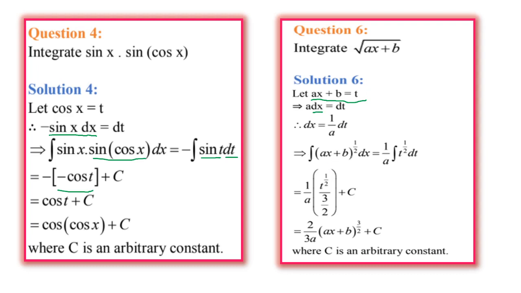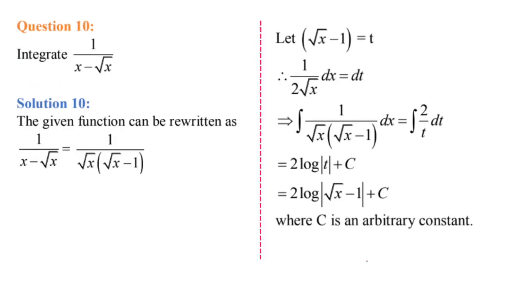Integral of ax plus b whole raised to the power 1 by 2, when we remove the root. See, what is the value of dx? Dx equal to 1 by a dt. So 1 by a here, dt is here. Now what is the value of ax plus b? That was t. So ax plus b whole power 1 by 2, here t power 1 by 2. After that, everybody knows how to do plus 1 in the power, right? It will be plus 1 in the power. So it will be t raised to the power 3 by 2 over 3 by 2, and the same constant will come in the denominator as well. Then we will solve it, and this is the final answer.